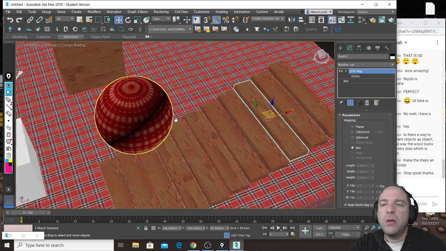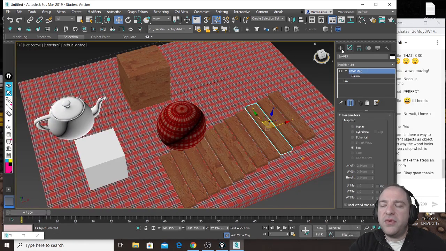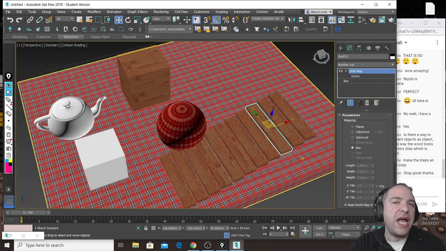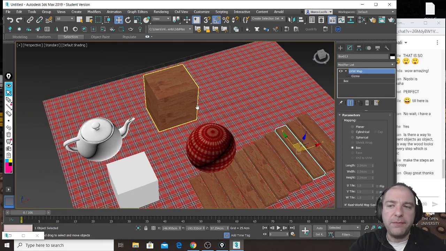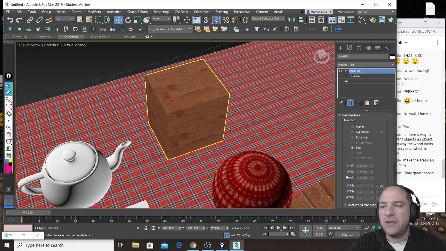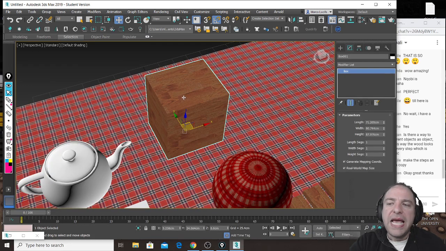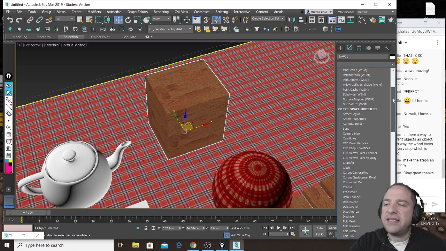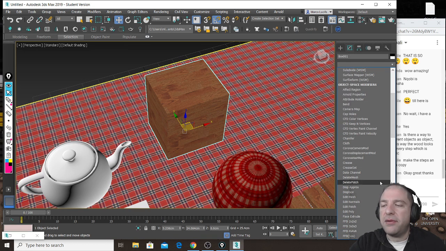Look, there are multiple cases when you don't need just to change the material, but there is a very specific case when the material will be for sure wrong, and it is when you apply Edit Poly to your object. What does it mean? Look, if I select this object and I start by using Edit Poly,